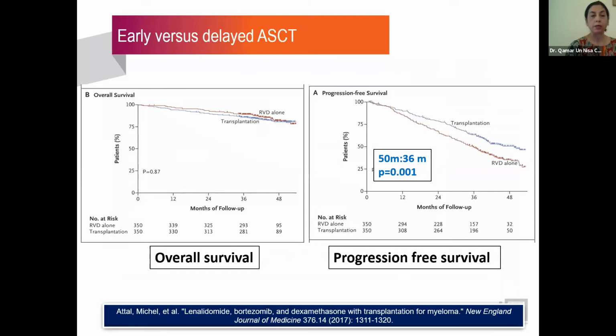So coming to whether we can or should be offering transplant upfront or once patients relapse, this is a pertinent question given that patients do not actually have an overall